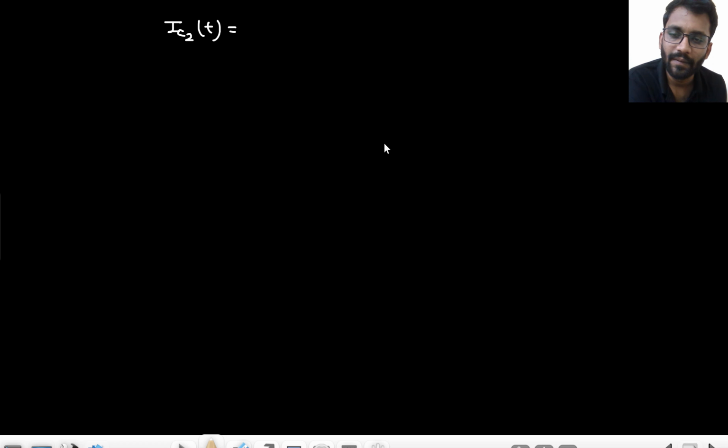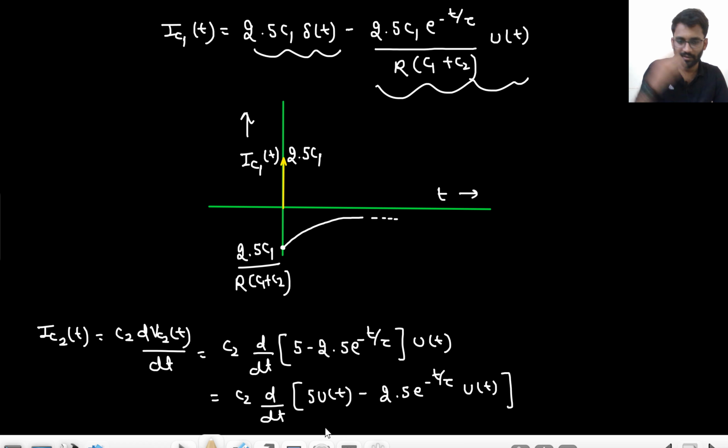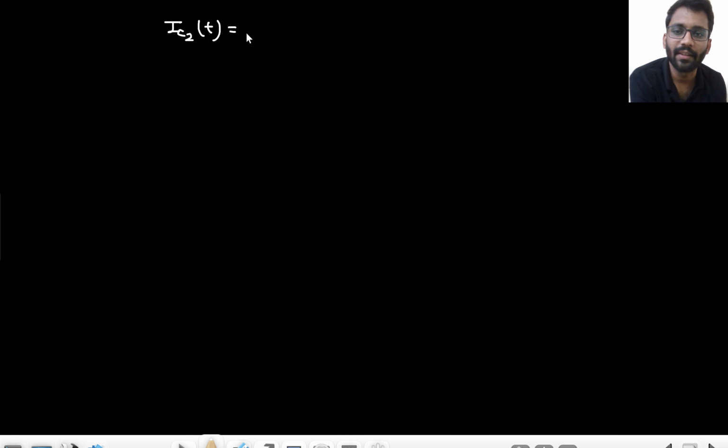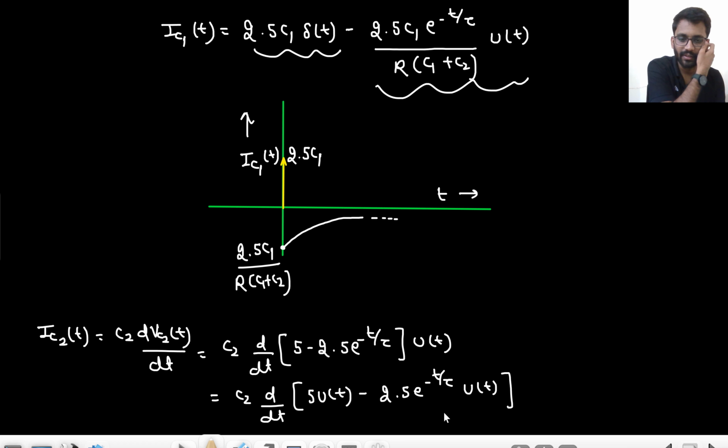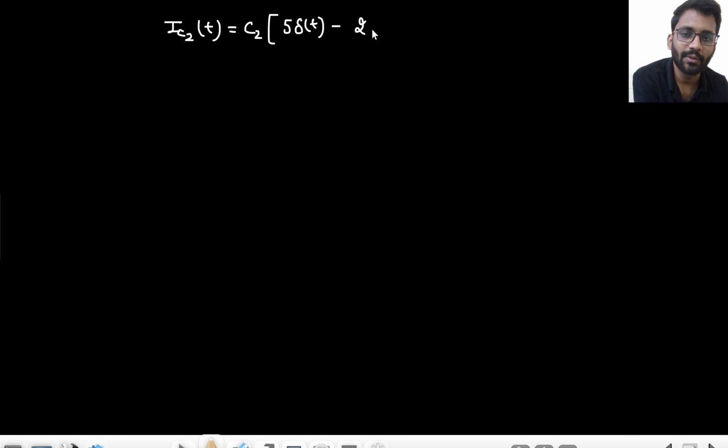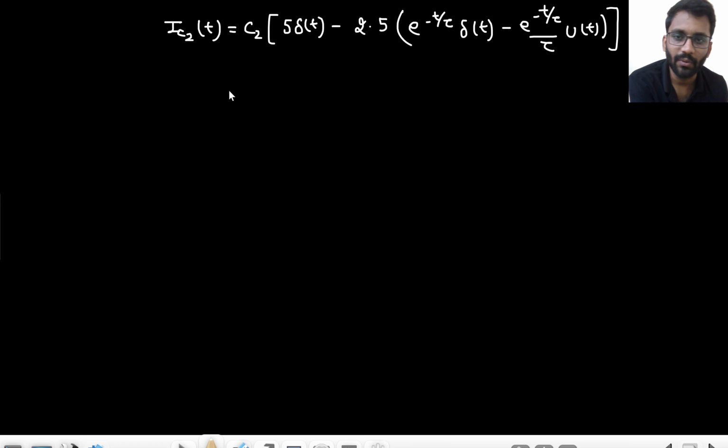So IC2(t) will be the differentiation of this, 5 u(t). That will be 5 delta(t), C2 into 5 delta(t). Now I need to apply u into v for this one, right? So minus 2.5 u into v for this one. First as it is, e to the power minus t upon tau, differentiation of the second, and then the second one as it is. I solved it very quickly because we have already solved it. So it would be 5 C2 delta(t)